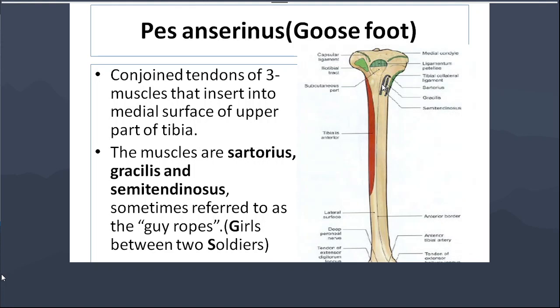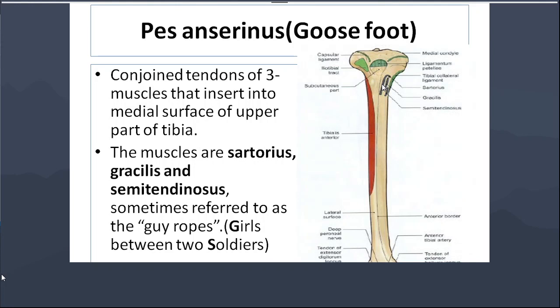This branch comes laterally from the femoral artery like this. You can see there are perforating branches. These go past the adductor muscles and then come to the thigh. So what are these? They are the perforating arteries: first perforating artery, second, third, and fourth perforating artery. Here, what are the things we are going to write?